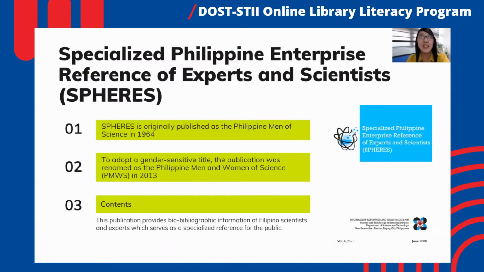Next, we have the SPEARS, or the Specialized Philippine Enterprise Reference of Experts and Scientists, which is originally published as the Philippine Men of Science in 1964 and renamed as the Philippine Men and Women of Science in 2013. So what's